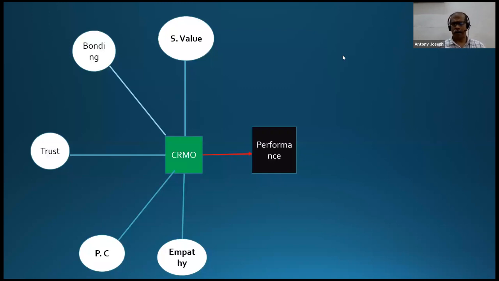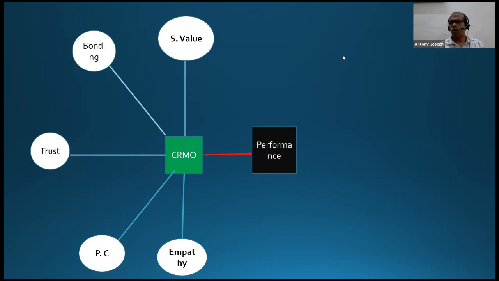My presumption, or my hypothesis, was that the performance at the branch level of a banking company actually depends on the customer relationship management orientation. So I need another scale for measuring performance of banks at the branch level.